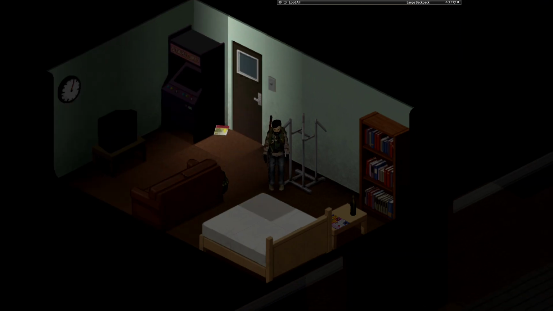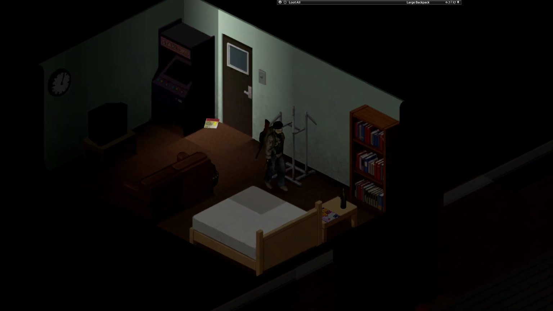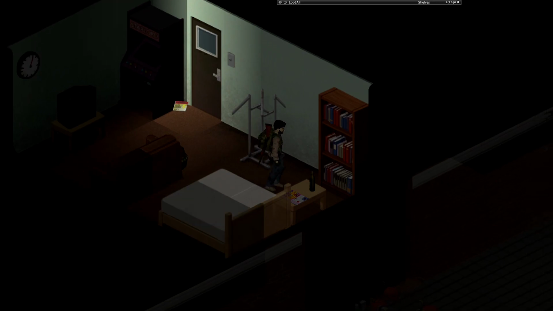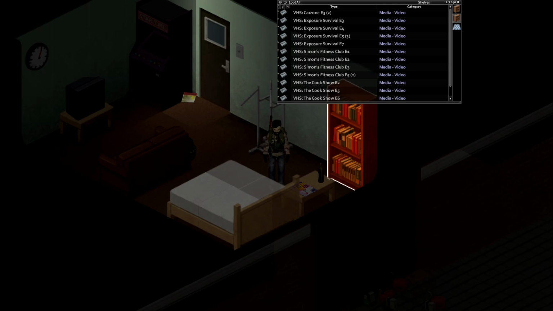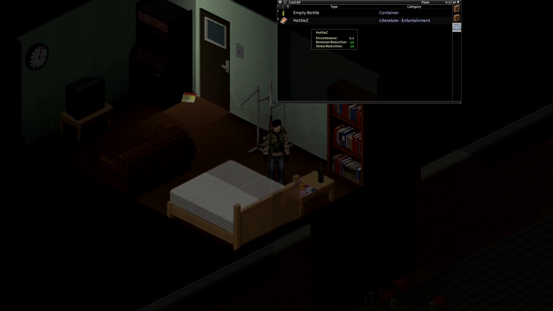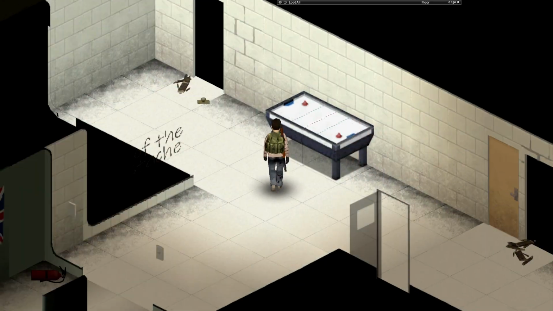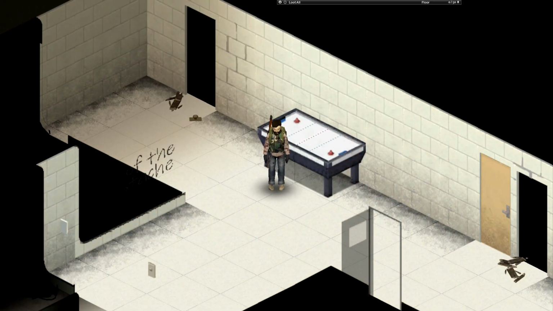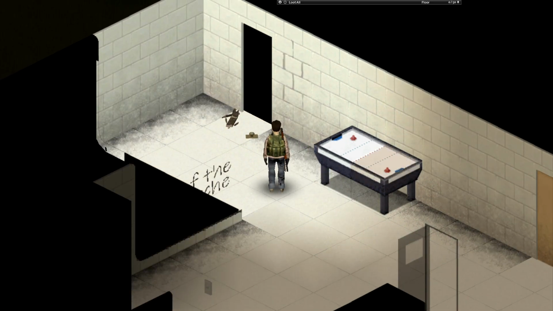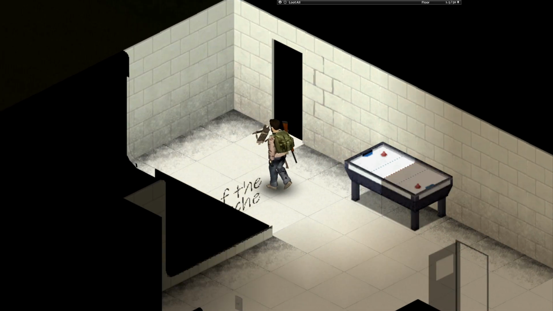Now this is obviously Chuck's bedroom. It is pretty modest. There's nothing special to it. Bookcase, bed, do have a hotties, of course. Now you will notice this air hockey, that is not in the vanilla game. That is part of the Pit Stop map mod, and I was really surprised to find